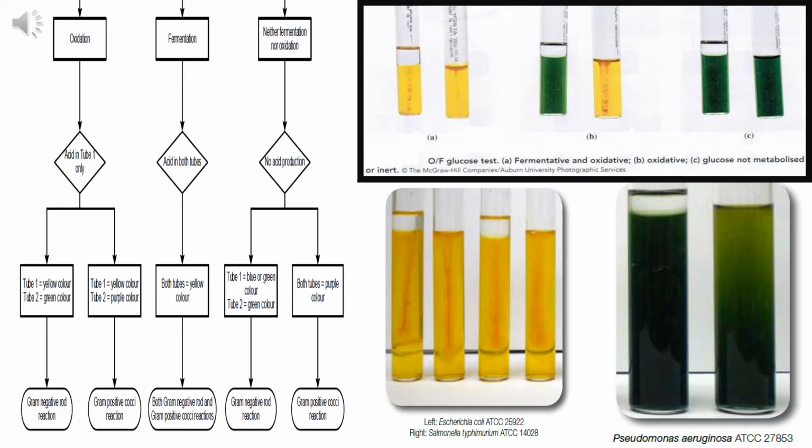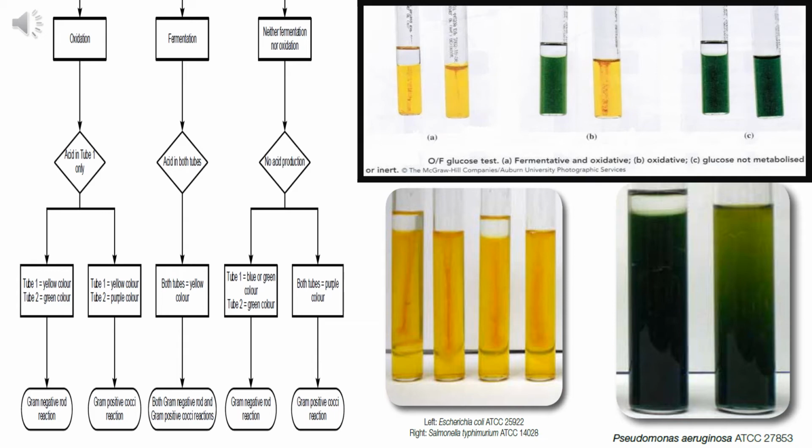So this slide shows the overall result of the experiment. Oxidation: acid in tube 1 only. So tube 1 is yellow, tube 2 is green. This is the gram-negative rod reaction. And for tube 1 yellow and tube 2 purple, this is the gram-positive cocci reaction. And then for the fermentation,